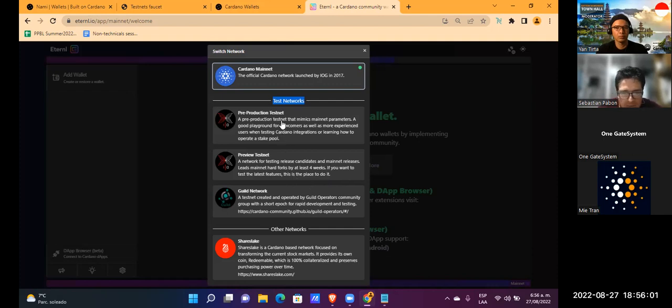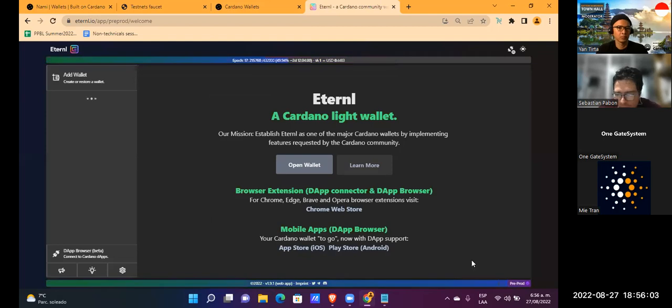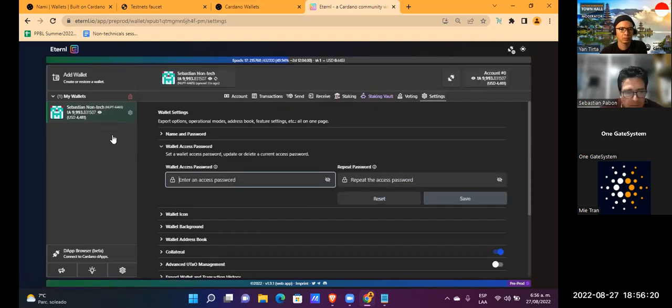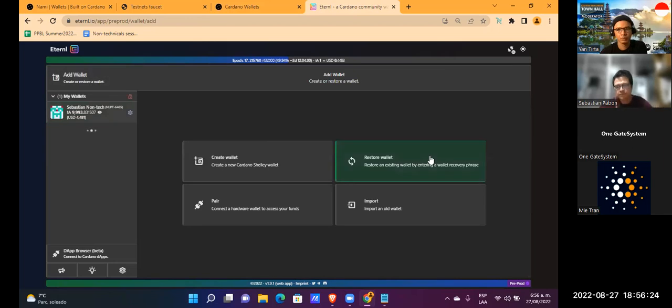We have interest in the pre-production testnet. Let me click, and the wallet changes immediately to pre-prod. I had another wallet here, but I want to import a new wallet.